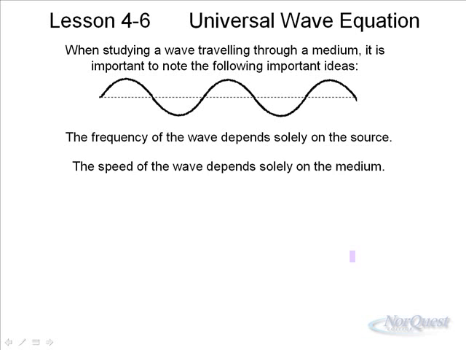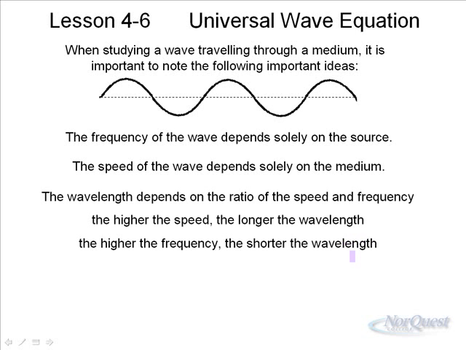So if, for example, I wanted to change the speed of the wave as it travels through the air, the sound wave that I'm producing right now, the speed of the wave depends solely on the medium. So by speaking softly or loudly or by changing the frequency of my voice, I'm not going to change the speed of the wave. I may change the frequency because the frequency of the wave depends solely on me, but I cannot change the speed. I can't shout at you and make the wave travel to you faster. That may change other properties of the wave, but not the speed.